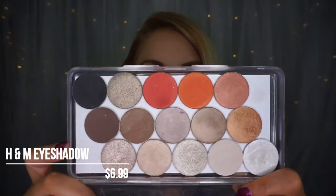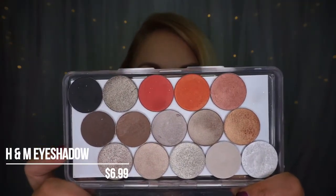The next thing I want to talk about are some eyeshadows. I really like the H&M eyeshadows. They are $6.99. They come in a little compact, and they are a very large pan size. I have depotted mine, so here are some of the ones I have. So this is larger than like a normal MAC or Urban Decay eyeshadow pan,